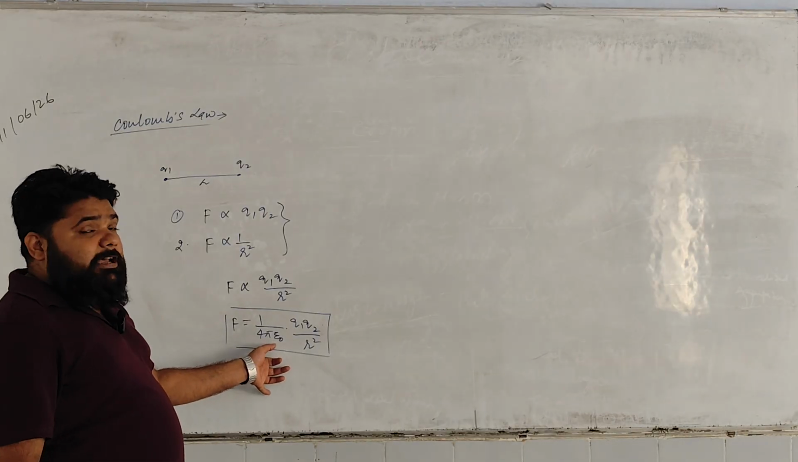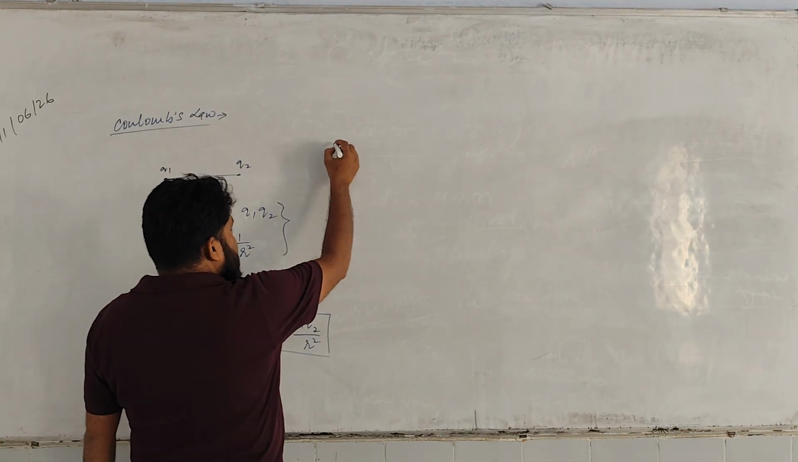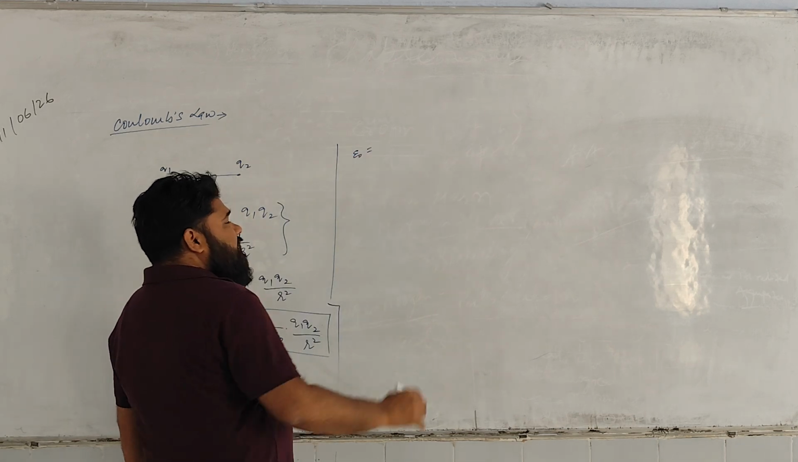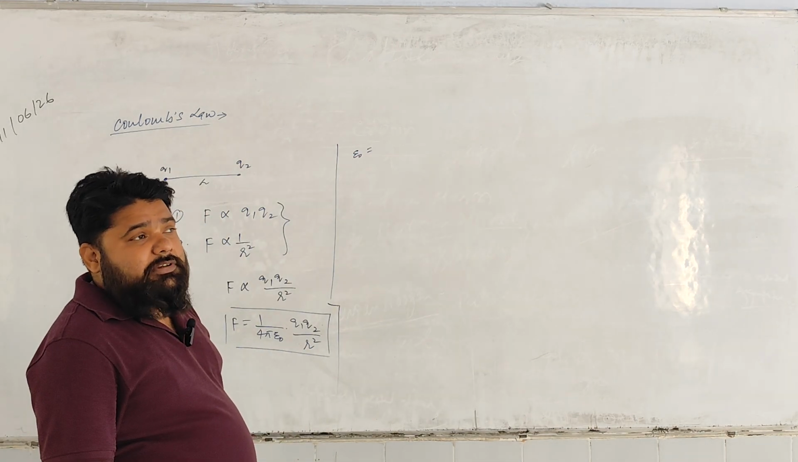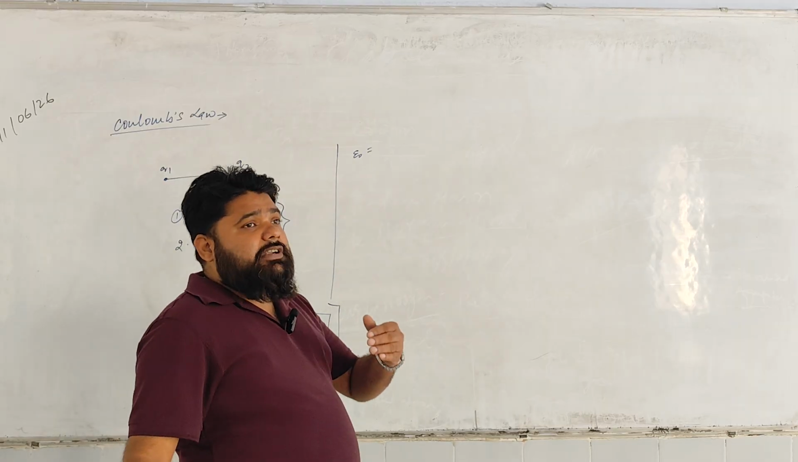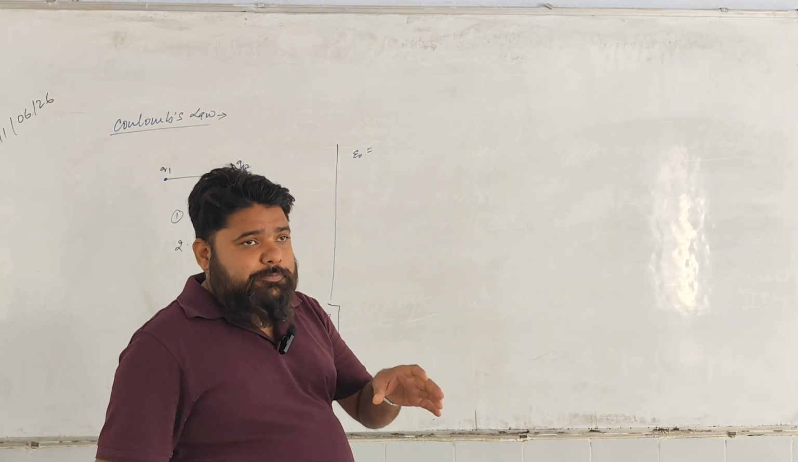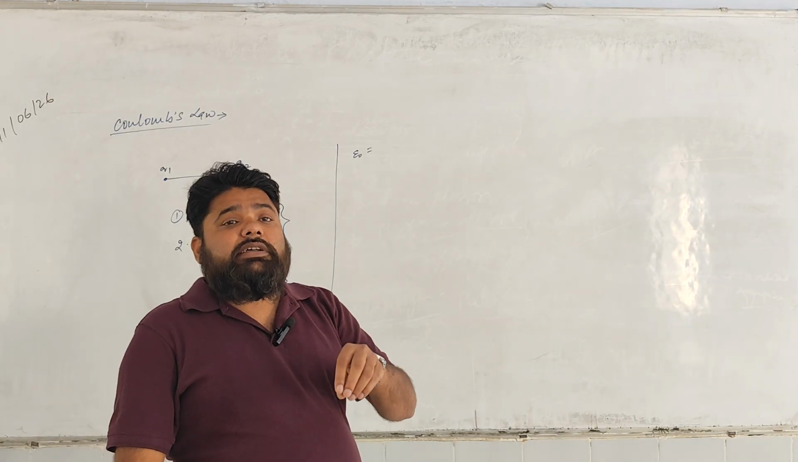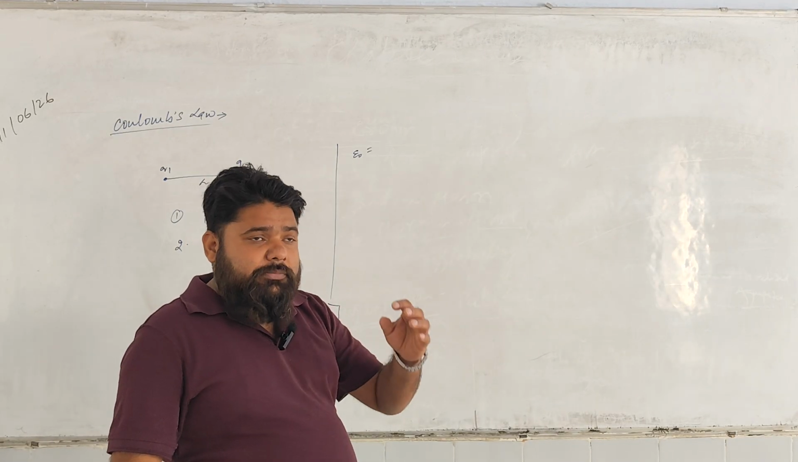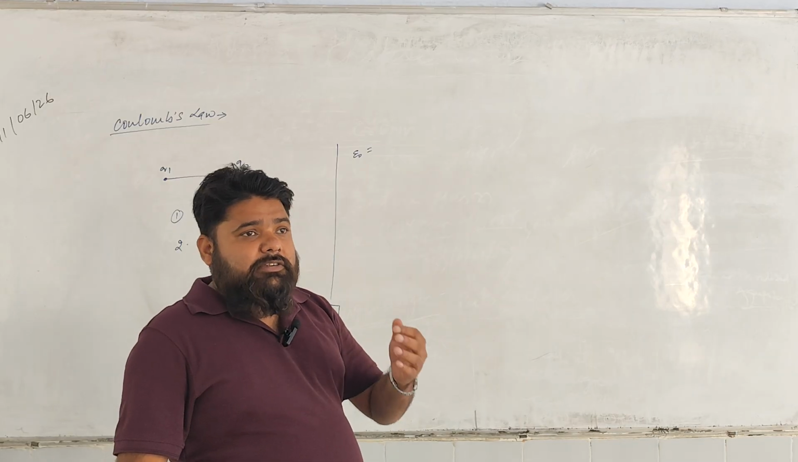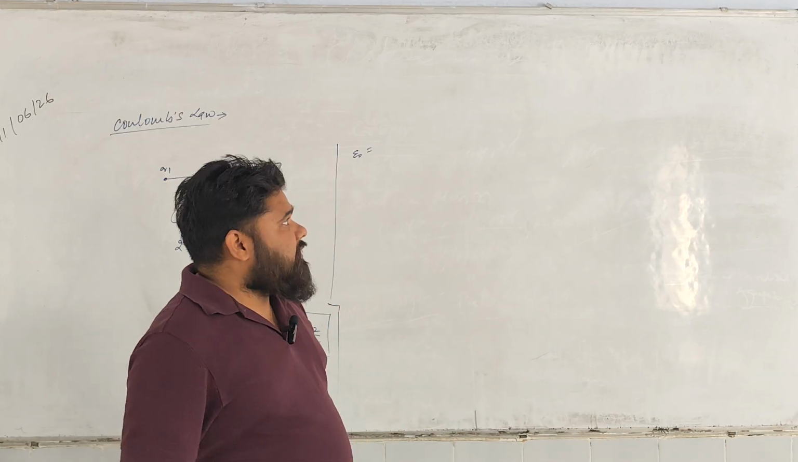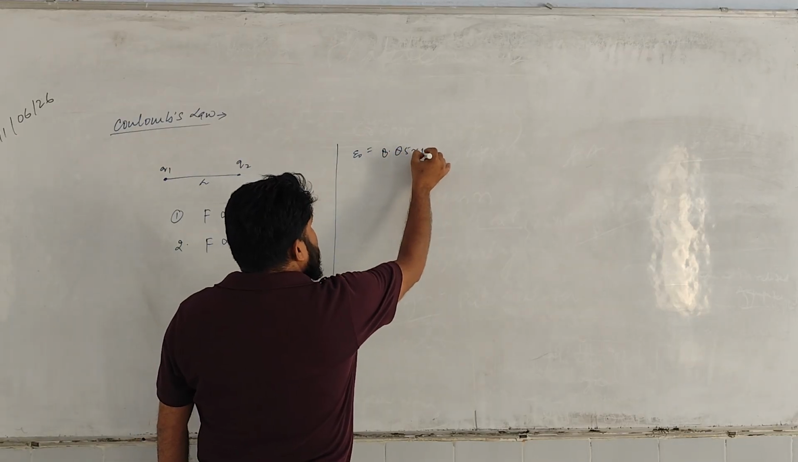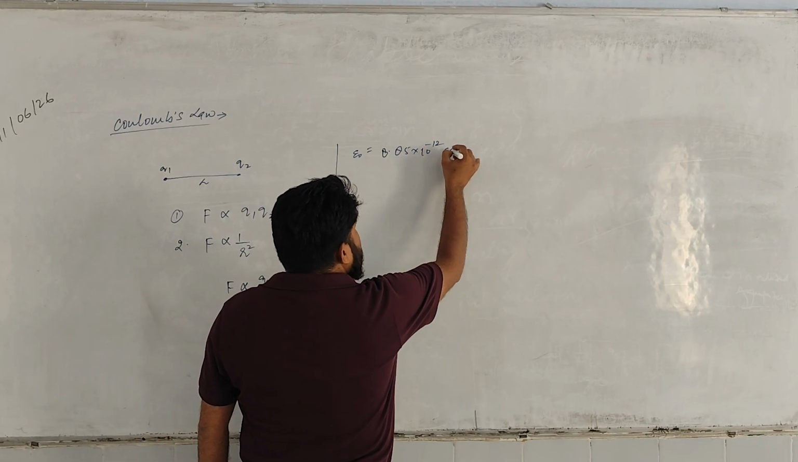Now here, what is epsilon naught? Epsilon naught is the permittivity of free space. What is permittivity? Permittivity means the ability of a medium, here the free space, to permit the passage of electric field lines. That is, how many electric field lines the free space allows, permits. And its value is 8.85 into 10 to the power minus 12 Coulomb square